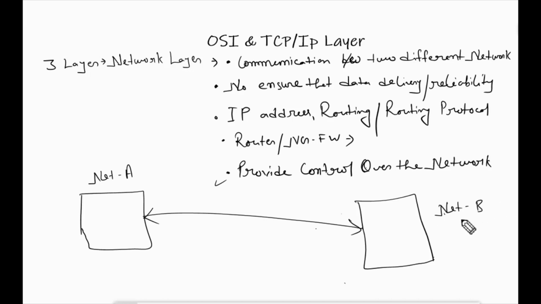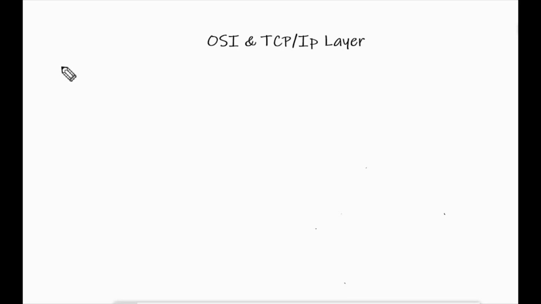Now, after the network layer, let's see about the transport layer. This transport layer ensures the packet arrival to the host in a sequence without error, no loss of packet, or if the packet is lost, then it also provides the packet retransmission. This one is layer 4, fourth layer,